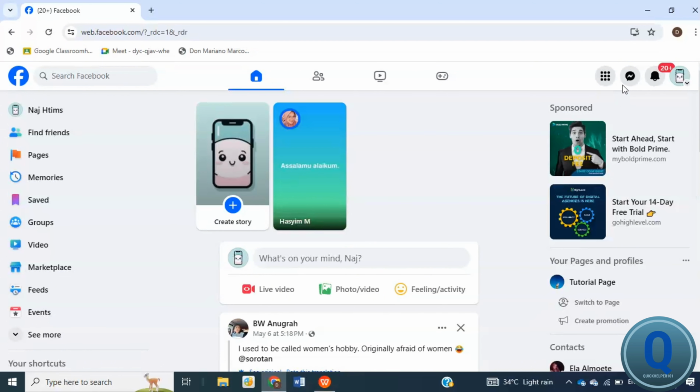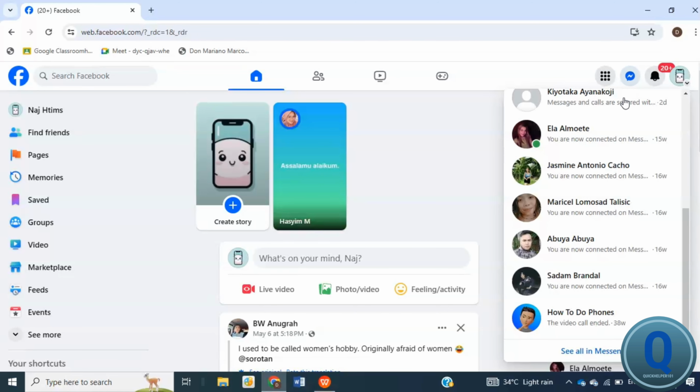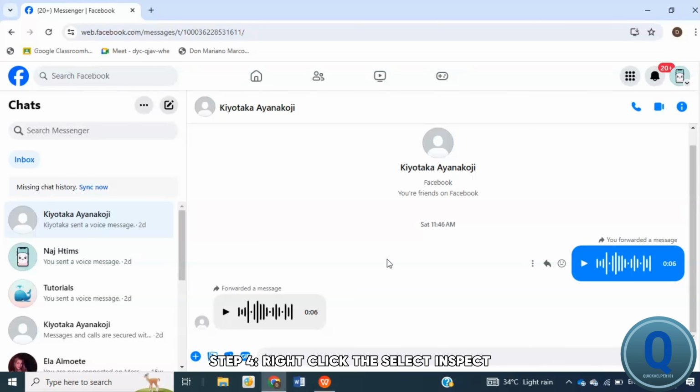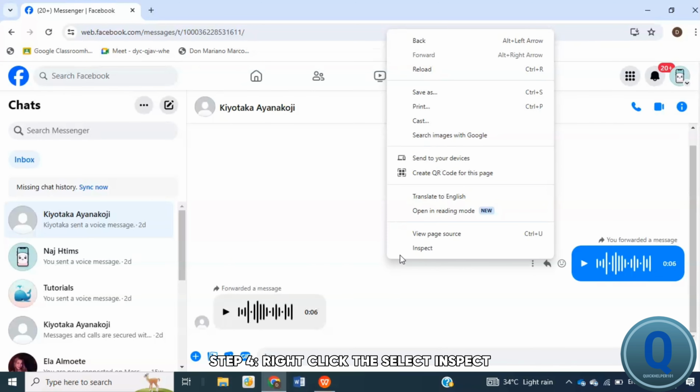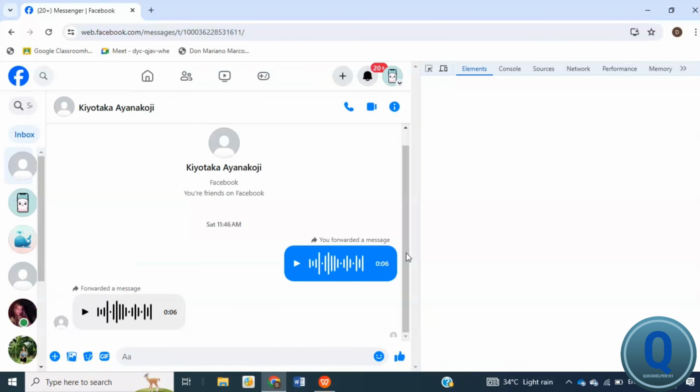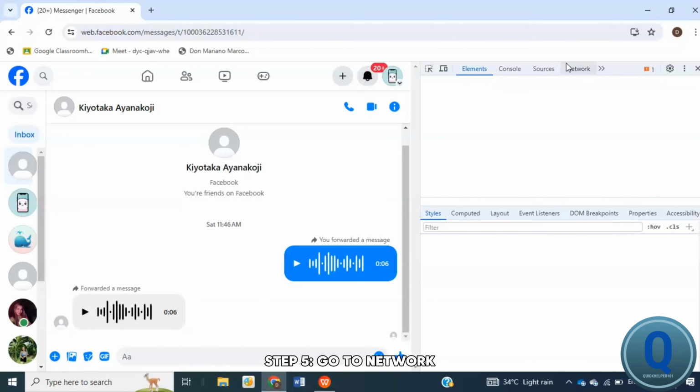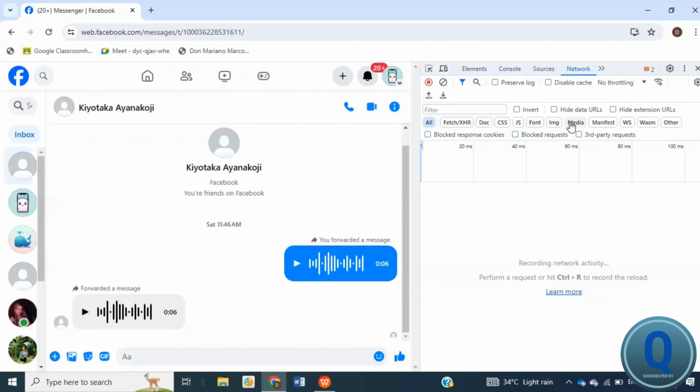Open it up, and then open your Messenger chat in the browser and click on Open in Messenger to access the full chat interface. Now right-click anywhere on the page and select Inspect from the context menu. This will open the Chrome Developer Tools. Once you're in the Developer Tools window, navigate to the Network tab, then select Media under Network to easily find